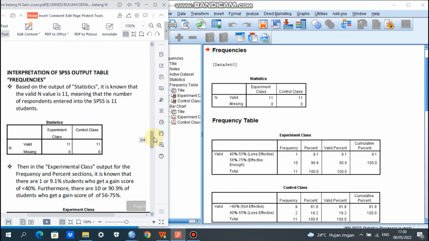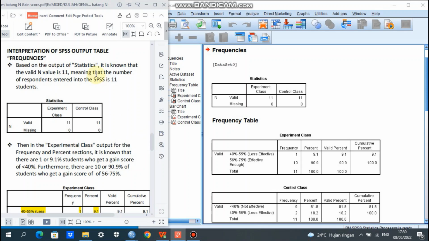Okay, interpretation of SPSS output, table frequencies here. Based on the output of statistics, we have frequencies here, and then statistics. The first output, based on the output of statistics, it is known that the valid N value is 11, meaning that the number of respondents entered into the SPSS is 11 students.